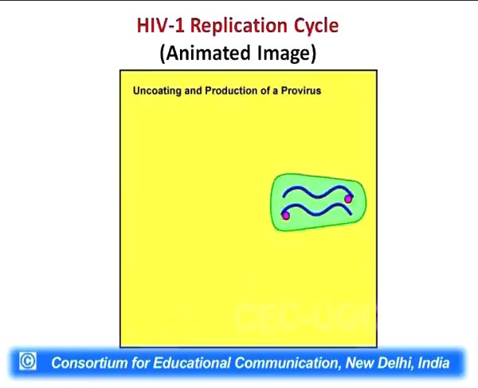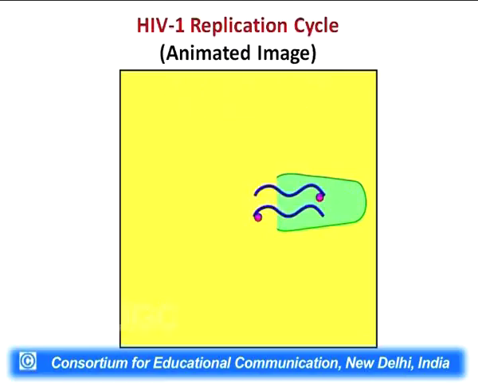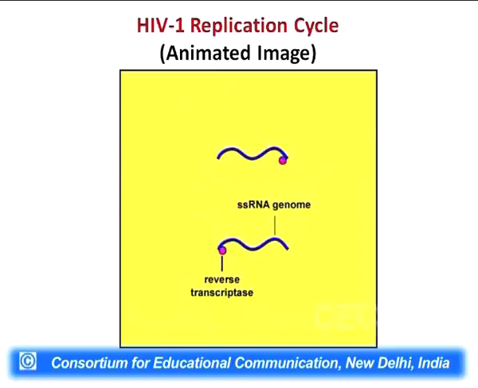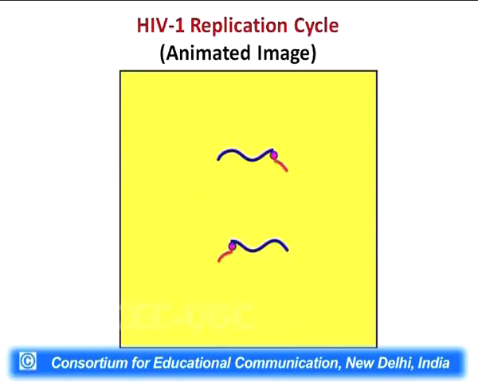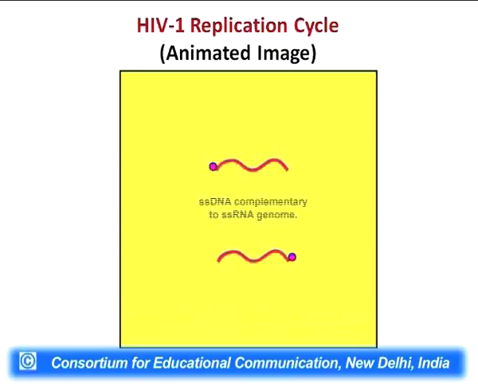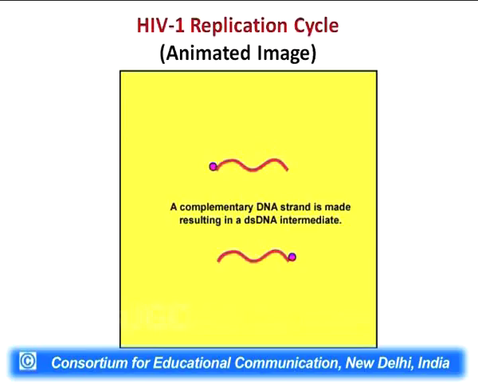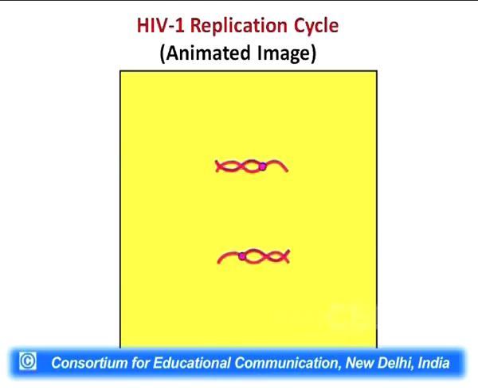So as soon as the genetic material is transferred within the T helper cell, the single-stranded RNA of the genome starts getting reverse transcribed with the help of the enzyme called reverse transcriptase. This reverse transcriptase forms a double-stranded cDNA, complementary DNA, from the single-stranded RNA. The single-stranded DNA then complements to form another strand of itself, or a daughter strand, so that a